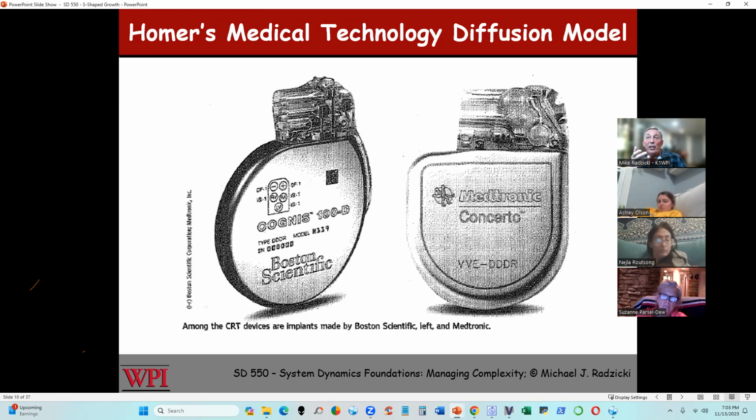But if your alternative is, well, you'll be dead without this, what do you want me to do? You said, well, go ahead and do it, even though it sucks, right? And then over time, the pacemakers have gotten smaller and smaller. And then Bluetooth technology so it can communicate with a computer right to the cardiologist. And who knows what Elon Musk is planning for us. You'll be able to think and it'll go right to your pacemaker or something. So over time, the pacemakers got better and better and better. They could do more things and got smaller and smaller and what have you. So it's a very interesting